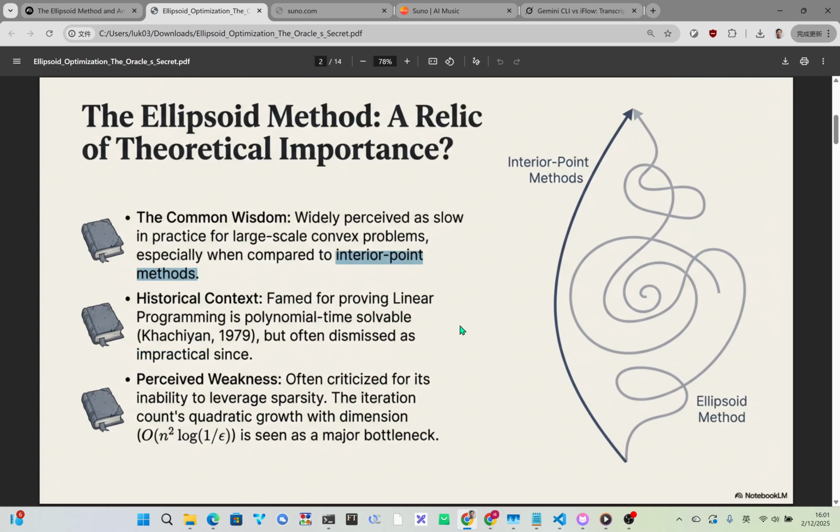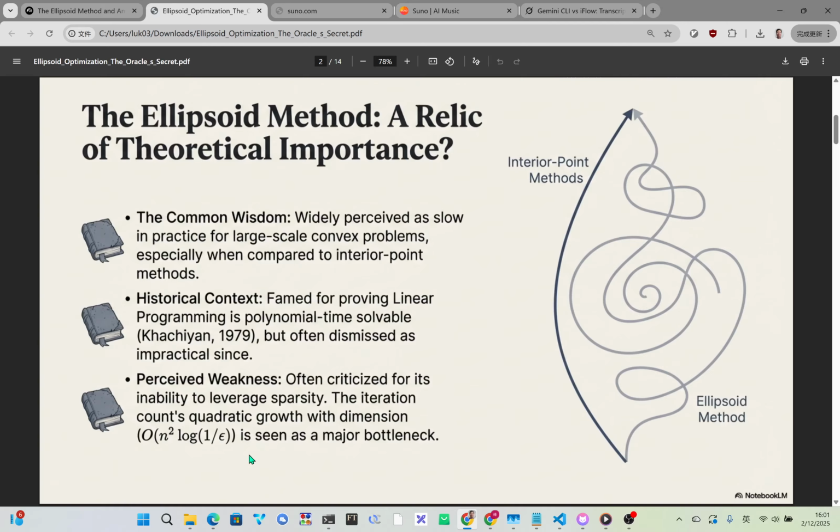A mathematician named Leonid Khachiyan used the EM to prove that linear programming, LP, which is the bedrock of optimization, was polynomial time solvable. A massive theoretical breakthrough. It changed the entire field of computational complexity. It did. But almost immediately after, for any kind of large-scale production use, it just got pushed aside. And the source of that dismissal really lies in the complexity rating itself, doesn't it? The criticism is always hyper-focused on the number of iterations it takes. Correct. Its iteration count complexity is O(n² log(1/ε)),